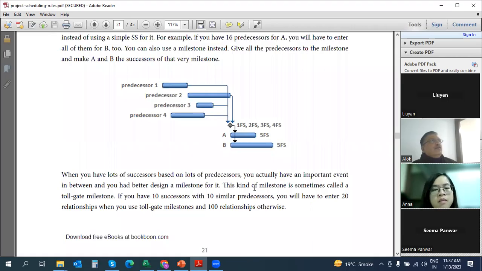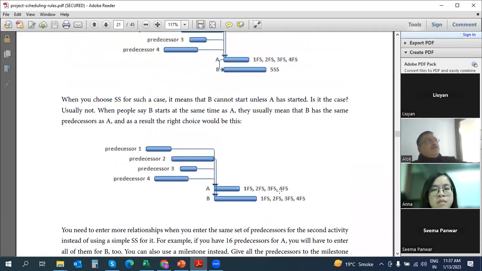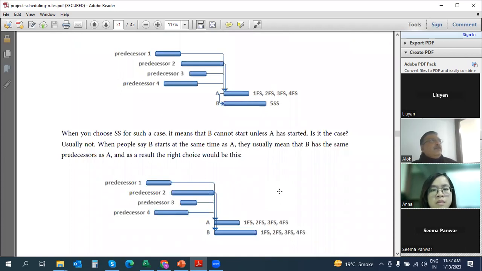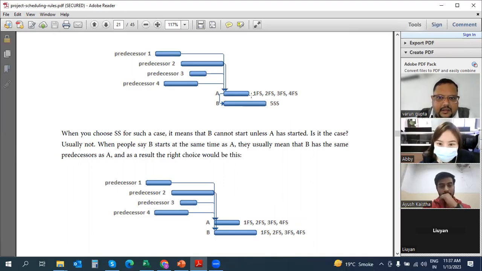Or otherwise, what you can do... Hold on, one thing, can you go upside? So what is the difference in these two, you said? See, there are 4 activities, predecessors 1, 2, 3, and 4. Predecessor means the previous activities. A and B are the 2 next activities. Now, if you consider activity A, 1, 2, 3, and 4 all are giving it as a finish to start relationship. But between A and B, we are keeping it as a start. This A is activity number 5. So B is being influenced by the start of A,